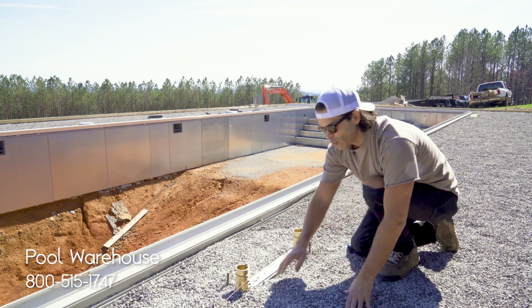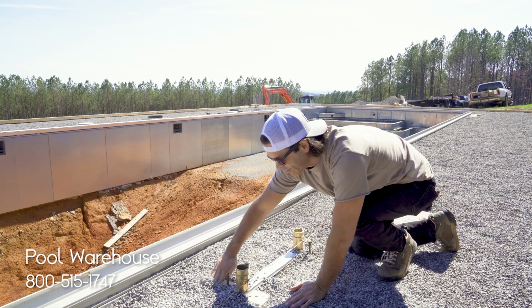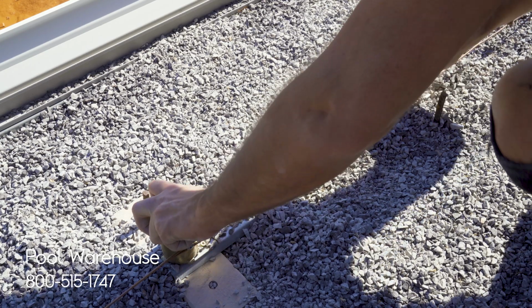Now, one thing I did want to point out, if you remember those blocks we showed you earlier, those are actually buried down in our gravel backfill here. And folks, it really does provide a much sturdier base